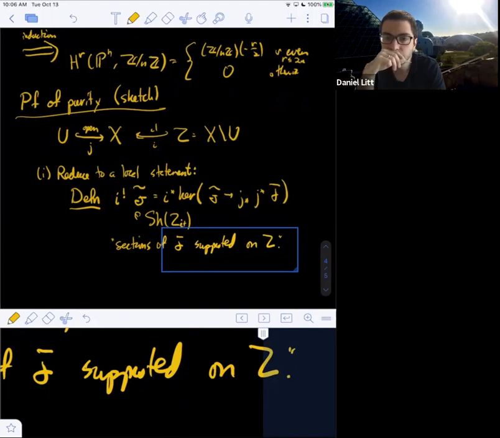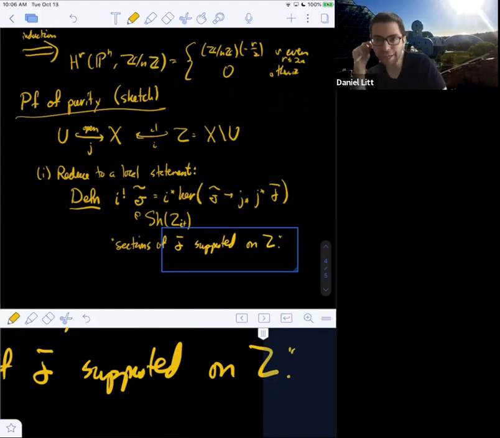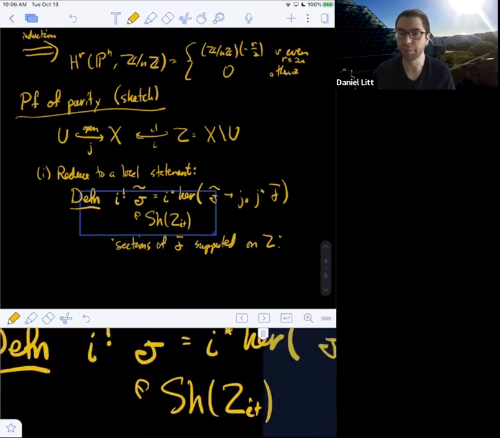Is this related to Grothendieck upper shriek? Yeah, so I was going to say that. It's not quite Grothendieck upper shriek. Grothendieck upper shriek is about Grothendieck duality, which is about coherent sheaves. So this is related to the Verdier upper shriek. There's a similar story to Grothendieck duality for constructible sheaves called Verdier duality, or Grothendieck-Verdier duality, I guess, in the Étale setting. And this is a special case of the upper shriek functor from Verdier duality. Does that answer your question, Ben?